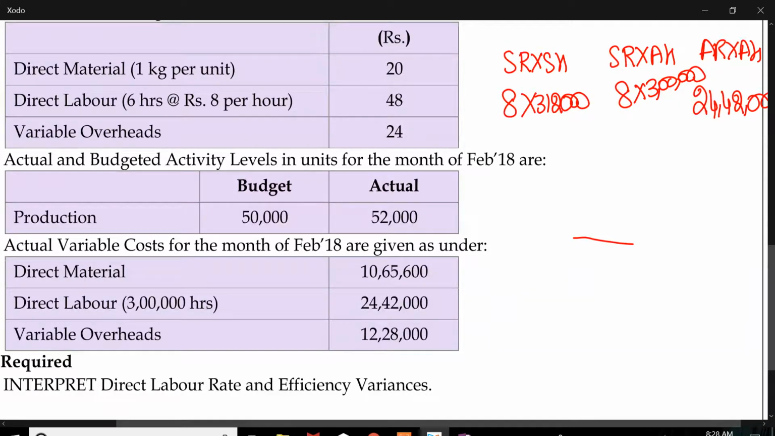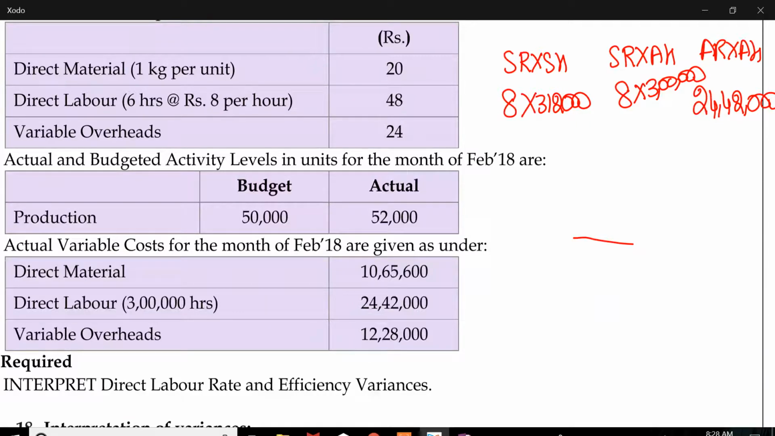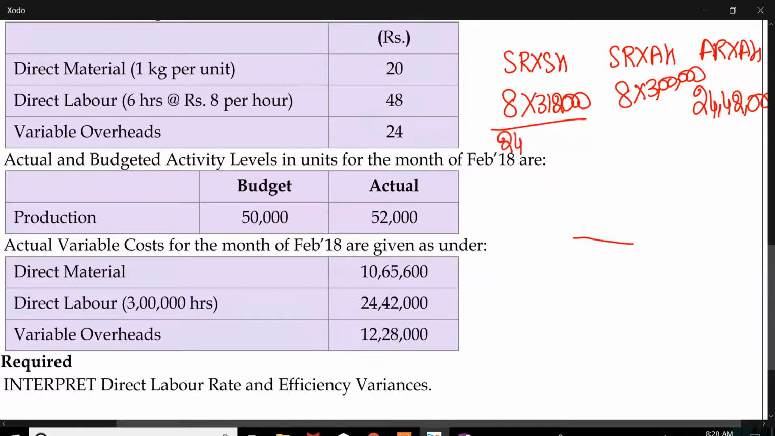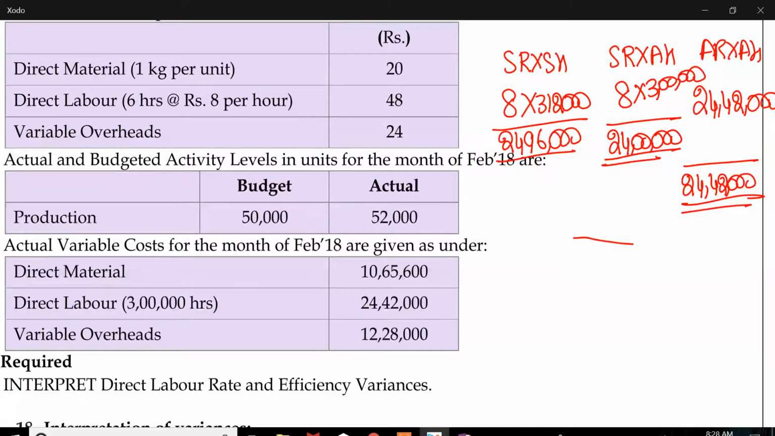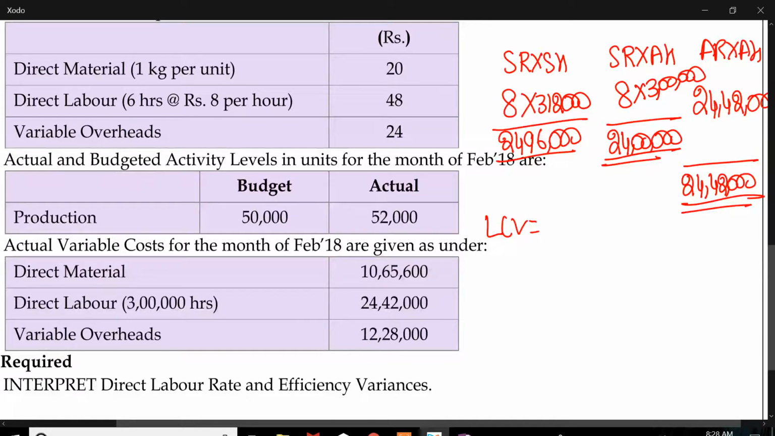This is a very simple problem. I am just focusing on the interpretation part. 2496. 24 lakh. SR into SH, SR into AH, AR into AH. Labor cost variances, 54,000 favorable. Rate is